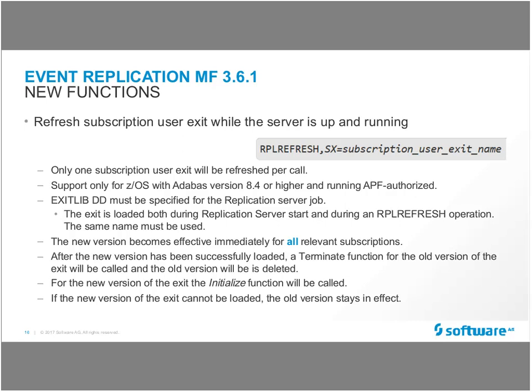After the new version has been successfully loaded, internally a terminate function is executed for the old version so that it gets dropped and deleted. And after that, an initiate function for the new one will be done because something needs to be initiated. And then you can use the new one without restarting the server. In case the new version cannot be loaded, then the old version stays in effect and nothing happens. You will get an error message and you can correct it.